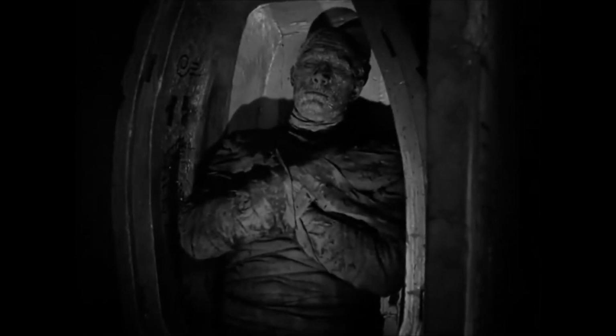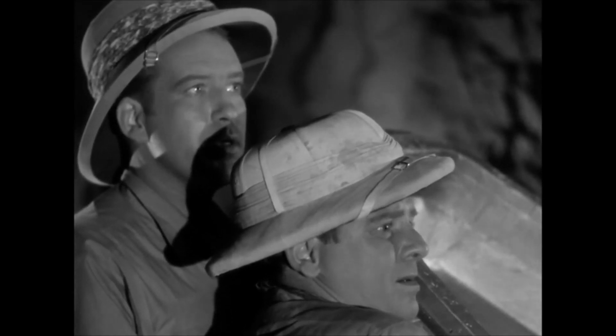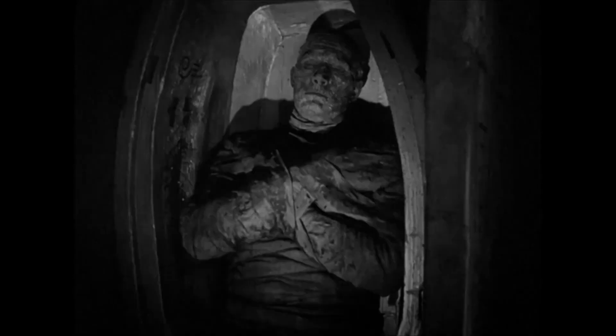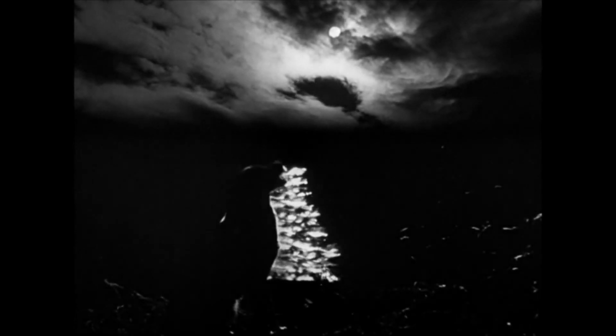This film is the first of several sequels to The Mummy's Hand, and during the filming of The Mummy's Hand in 1940, Tom Tyler, who played the villainous mummy Kharis, was actually suffering greatly with arthritis, and in fact, this is part of the reason why the mummy looks so unnaturally twisted in the film. Sadly, by the time The Mummy's Tomb was filmed, his condition had worsened to the point where he could no